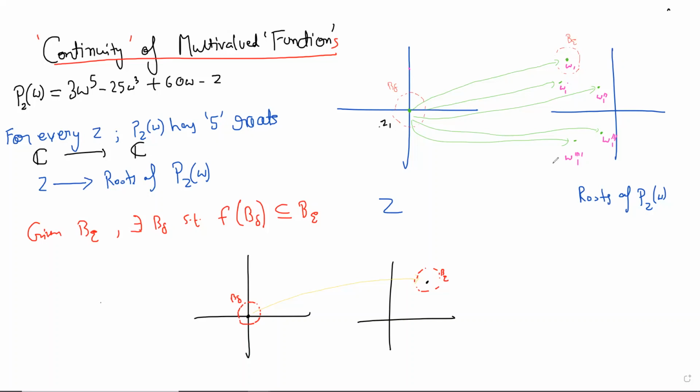Given this, you know that P_{Z1}(W1) is 0. So W1 is a root of Z1, you don't need to say multivalued or whatever, right? W1 is a root of Z1. Given a ball around W1 like this, show that there is a ball around Z1. Z1 is not the origin, I'm just drawing it like that. So there is some ball around Z1, such that